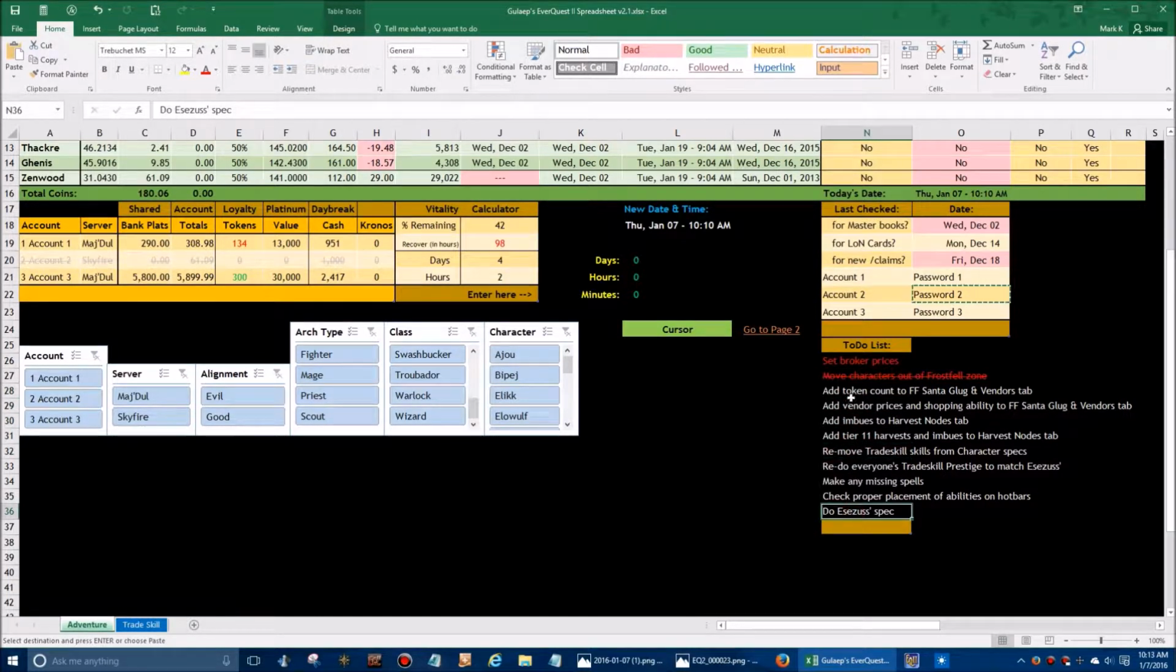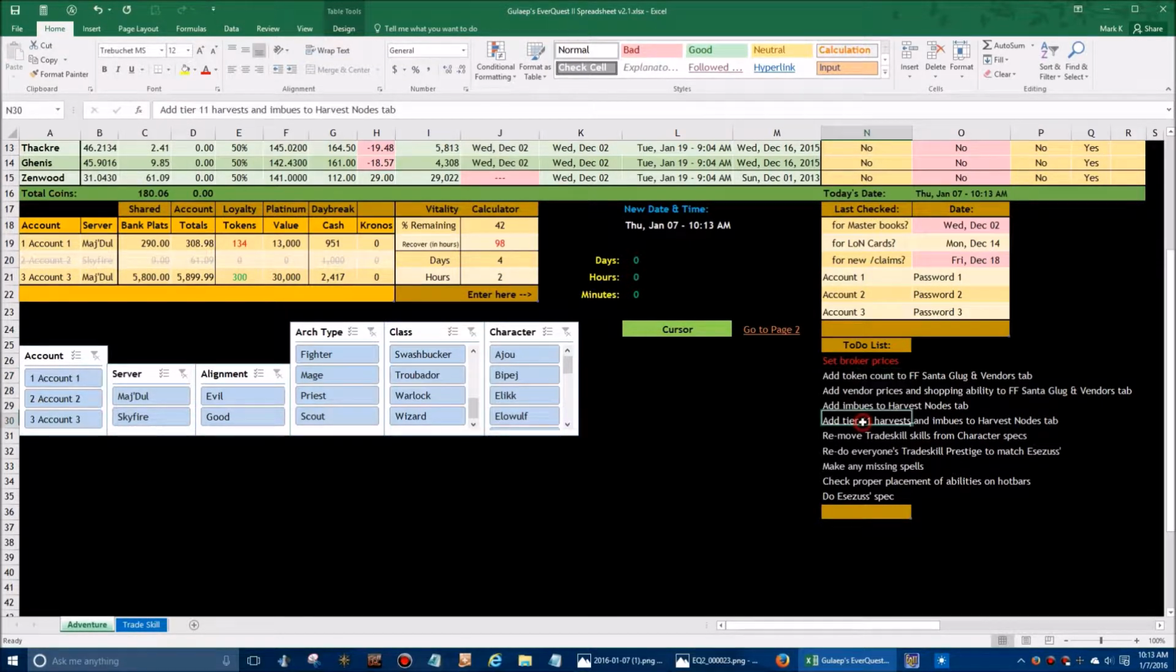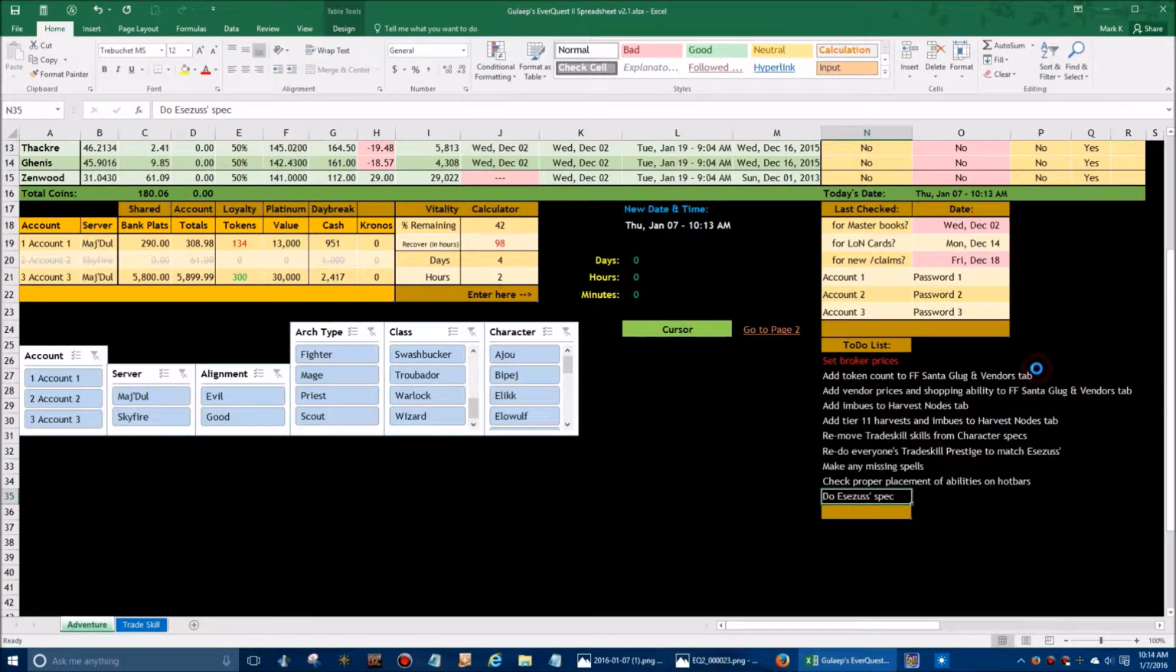Okay. Let's say you want to remove that. You just click on it, go delete table row, boom, gone. Okay, let's say you want to add something to your list. You want to add a new thing that you have to do. Insert table row below and